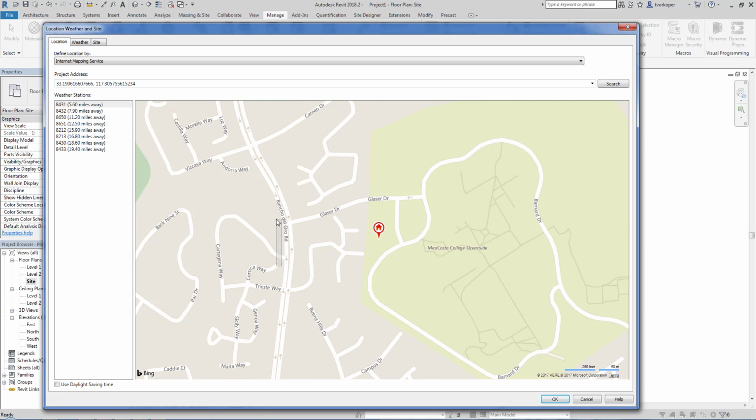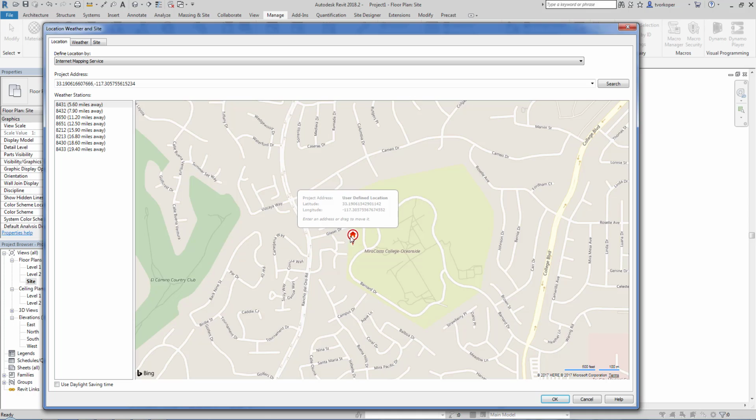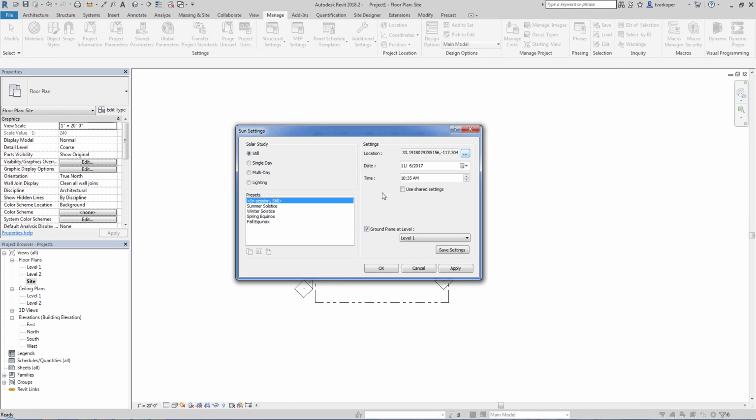Let's see if you come up. Yeah, if you come up this road, it's going to be right in this corner here. And so now this is where our project is located, and it's exactly on that earth. And it's as simple as that. And then Revit will give you the latitude and the longitude up here for it. And you hit OK, and now we're at the right place, and you can pick whichever time you want,